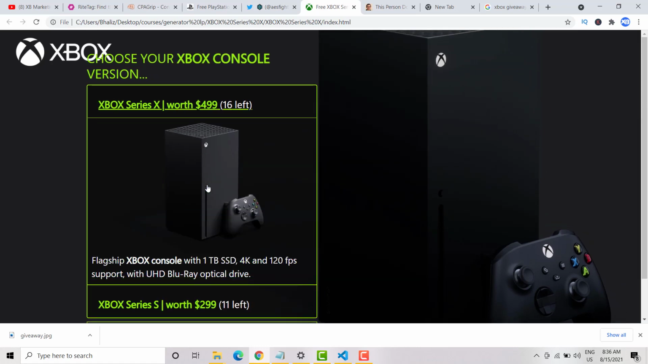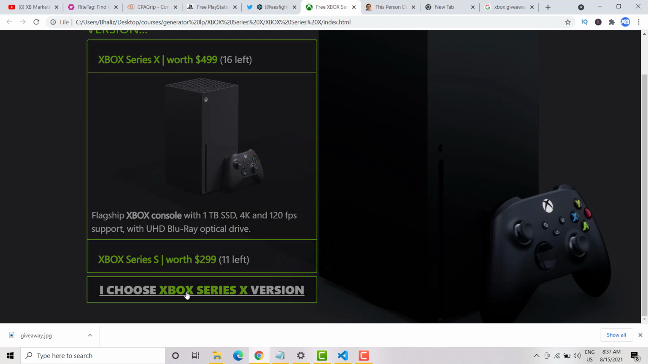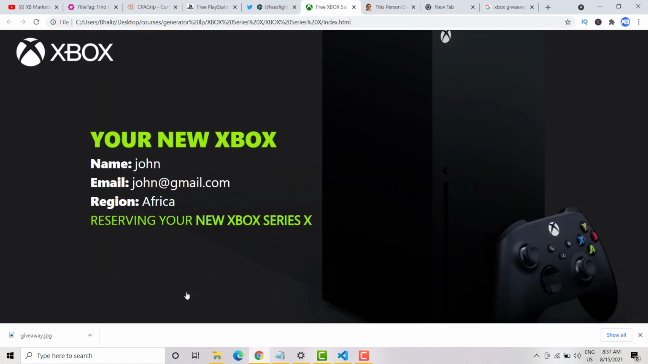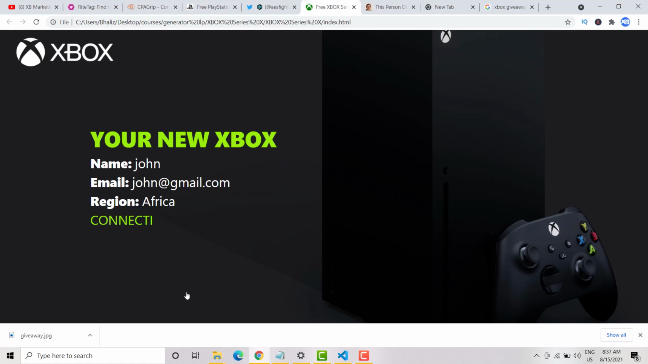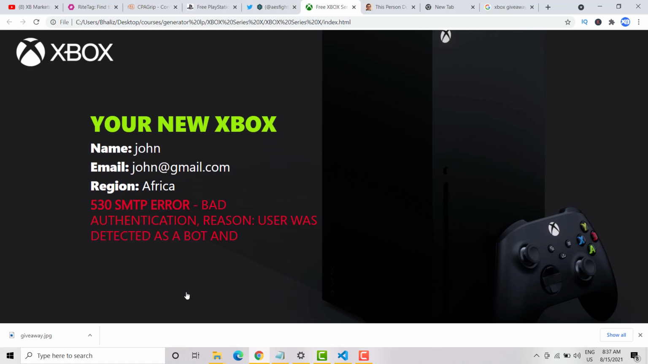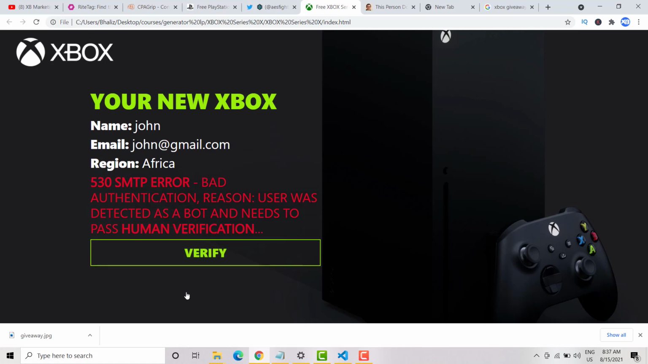So if you click on any of these, as you can see, it brought the image. Now if I choose the Xbox X version, as you can see, it brought out my details, and now it's trying to get me a chance to win this item. Alright, now it says I have to pass human verification. So once I click on this verification,